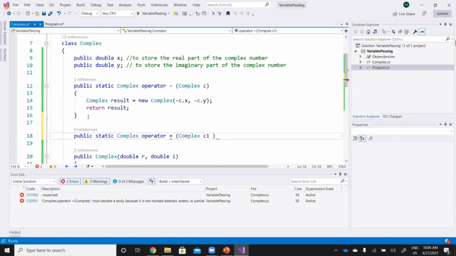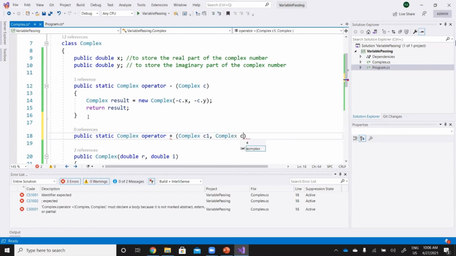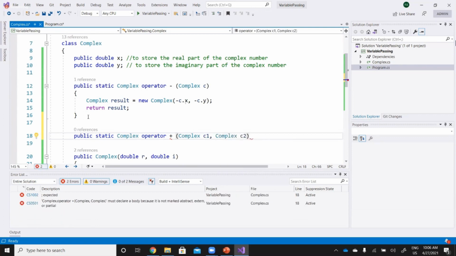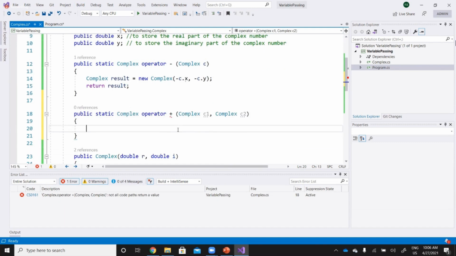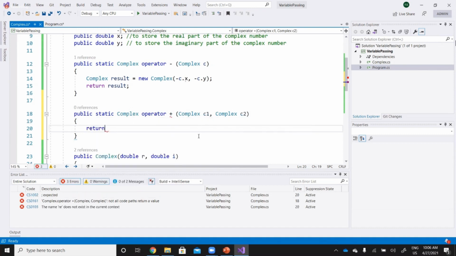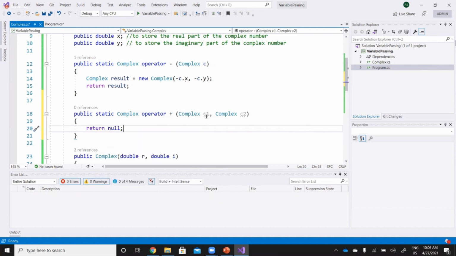Let's say C1, then we have another one, complex C2. Right. So then we are going to add. All right, this is for the returning problem, right? We'll put return null for now because I don't like seeing errors while I'm coding. So I keep it null until I fix it.